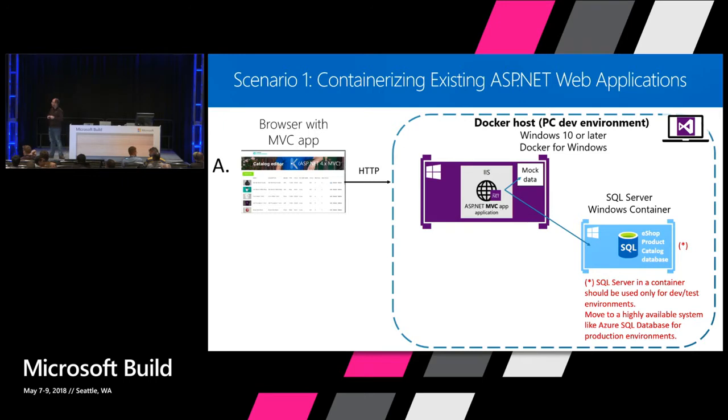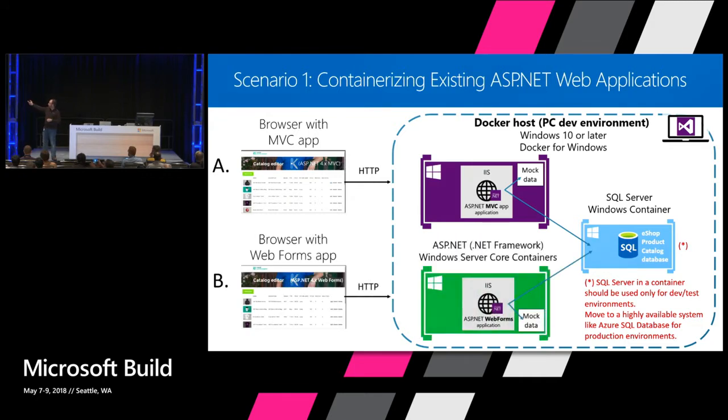So this is the first scenario. And these apps are in GitHub, so you can grab the code and play with it. The first one is an MVC application that we are going to containerize and then deploy into your Docker host in your PC. So in your PC, you need to install Docker for Windows and Visual Studio, and we will deploy that app in a container. We can also deploy the database as a SQL container on Windows. And the same thing would be another WebForms application deployed as another container that could use the same